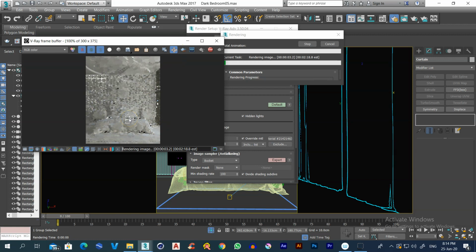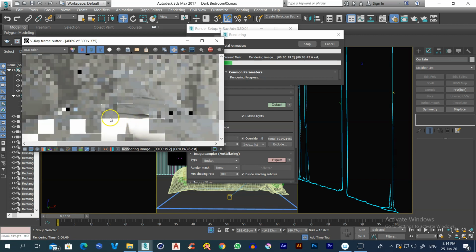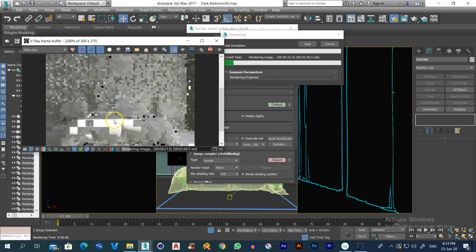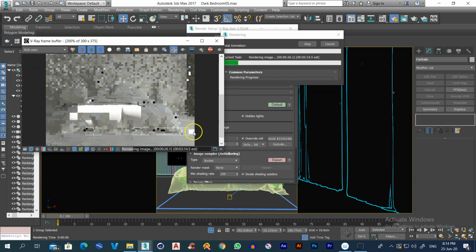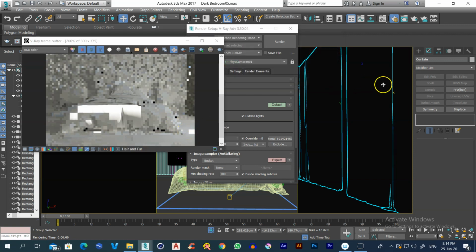The next setting I would like to do is in the sun. The sun is producing sharp shadows here, and I don't want them this sharp. I want soft shadows. So how can you do that? I'm talking about this, or you can see clearly here. I don't want to see these sharp lines. So this is actually controlled by